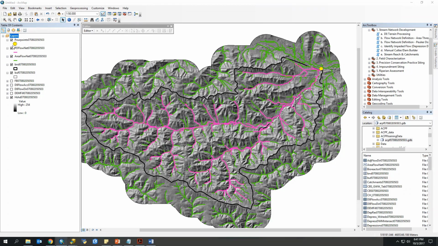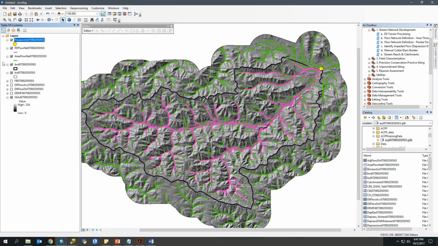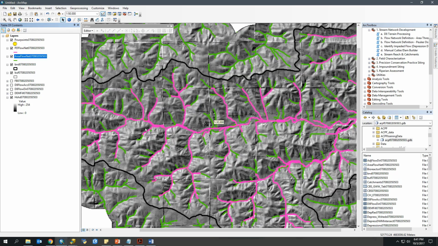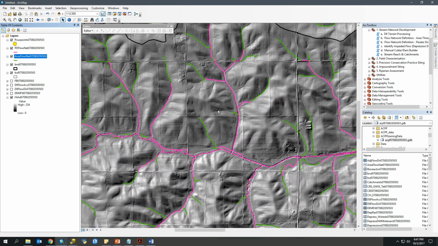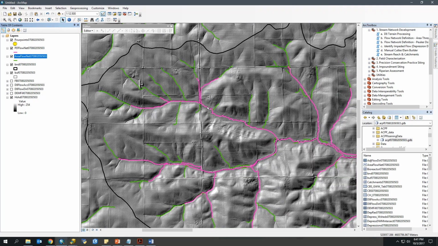Alright, so we're back in our map document. I have my pour point, my Pucher-Douglas flow network, and the area flow network. So we're going to begin populating our stream network. And first off, we need to choose which one we're going to be editing. My area flow network, shown here in green, extends further up than my Pucher-Douglas flow network.